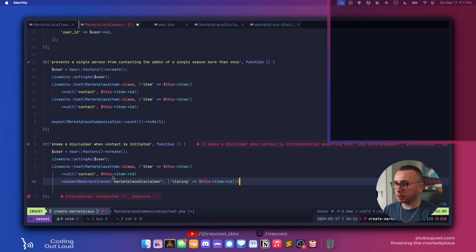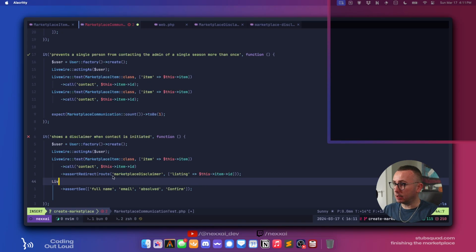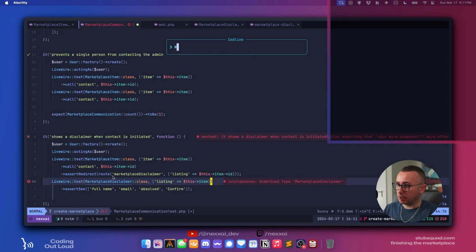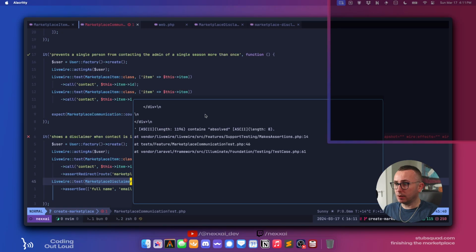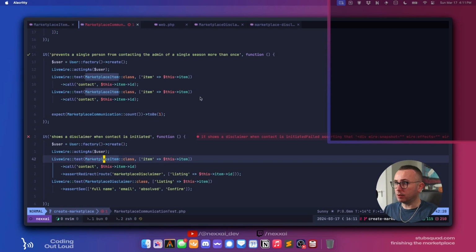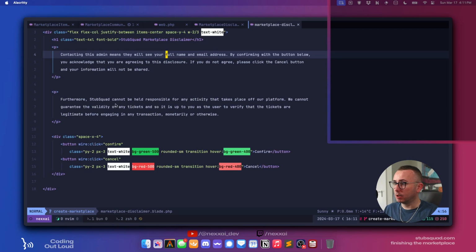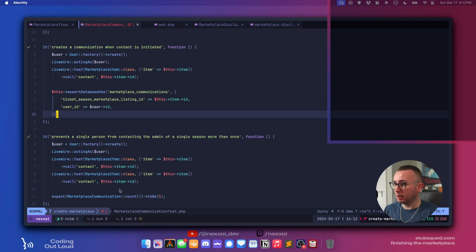So what we need to do is, actually, let's go like this. Prove that, and then Livewire test marketplace disclaimer. Yeah. Disclaimer. What is it not saying? Right. So absolved is not happening on there. So what another word? Cannot be held responsible for any activity that takes place off our platform. Just look for this string instead.